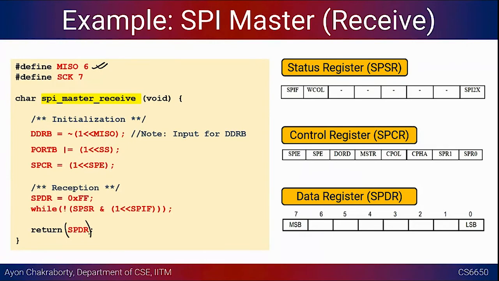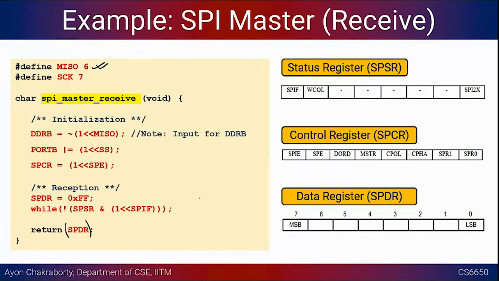Okay, so you can even write 00. It actually depends on the kind of device that you are interfacing and the specifics of the driver. So you can write a particular value and just wait for the interrupt, because unless you write the data to the data register, it is not going to do the shifting operation, right?